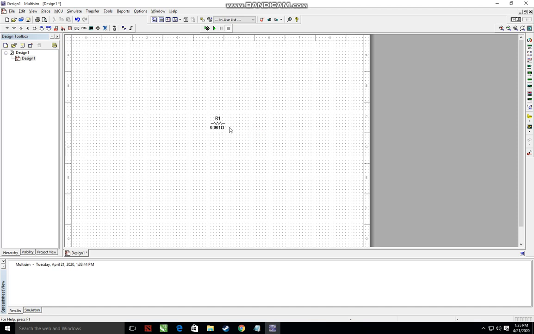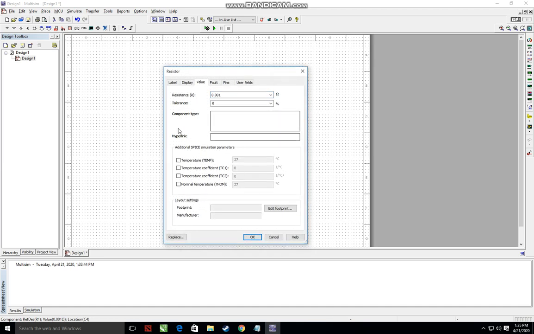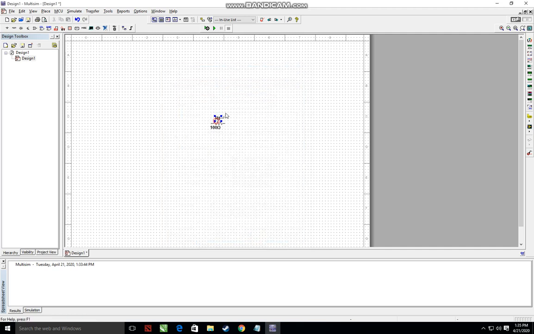So how can I change it? Just double click on it and it will be seen like this. If you want to change any value of the resistor, you can, like I'm going to write 100 ohm. Ohm is the unit of resistance, and okay. So you get a 100 ohm resistor.